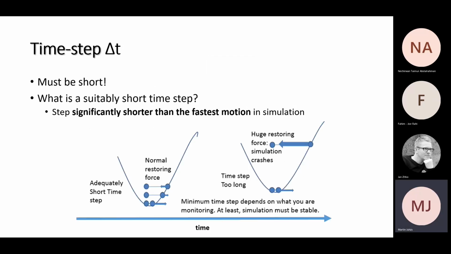So a time step, as I said, is very important in molecular dynamics. Usually the time step needs to be significantly shorter than the fastest motion. What is the fastest motion? That's a very good question, because the fastest motion really depends on the simulation you have. If you have all atomic simulations, meaning that you are simulating every atom in your input file, then the shortest motion is of course different, as if you have